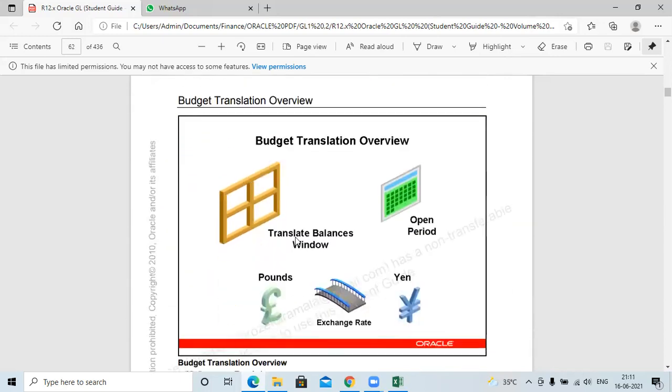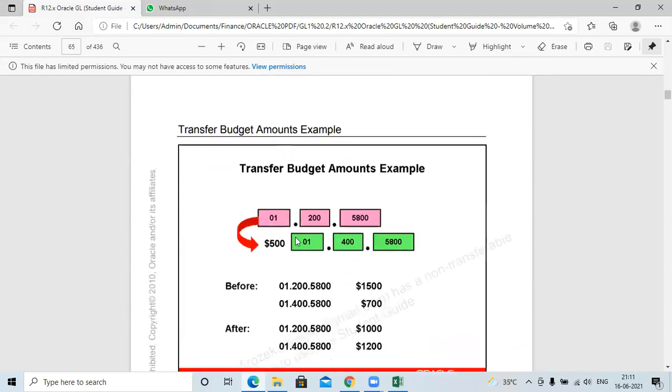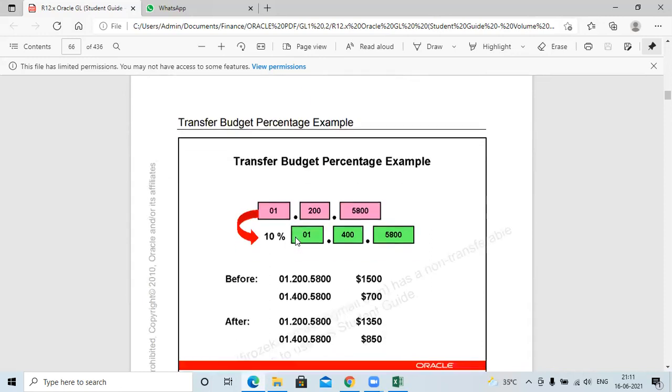Translating budget. These are practically, if you see, it will be very fast only. They are just pulling